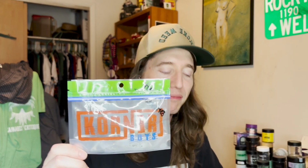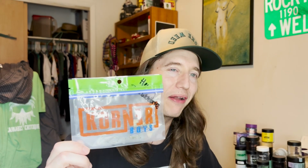They got interesting packaging, to say the least. There's Leo again, you know. He always likes to come out of the window as soon as I start talking. But they got very interesting packaging. That's what I'll say about the packaging. I don't know how I feel about this packaging, but the important part is they brought some heat to the market. We're going to be talking about their heavy strawberry strain, but before we do, got to give a big